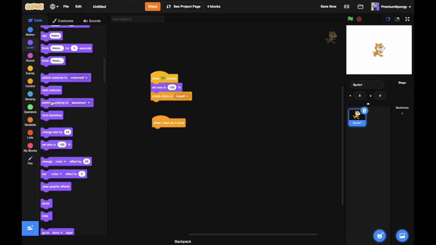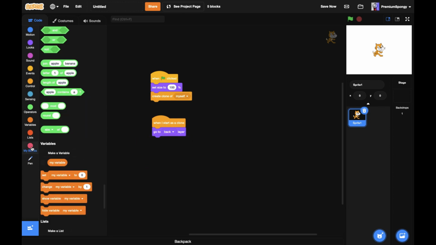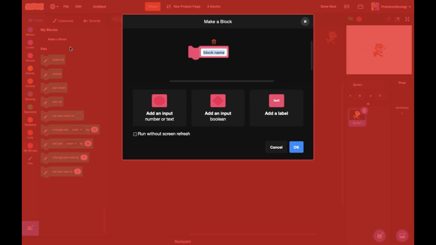Let's first go to Looks, go to Back Layer, then let's make a new block to make all the shadows come true and stuff. Let's make a block and call it Generate Shadow,